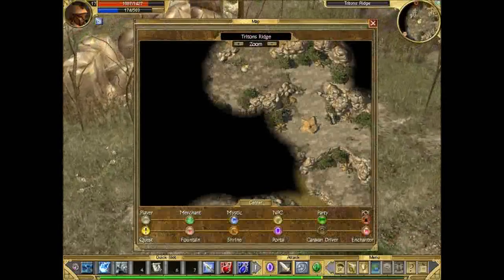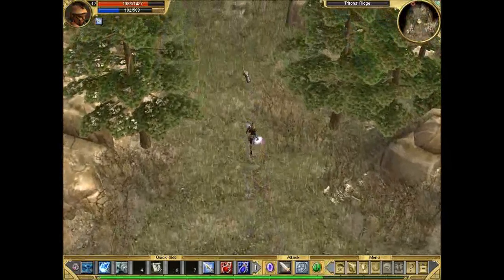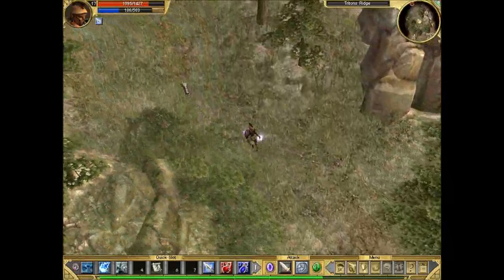Alright, it's just this way. If you notice already on the map, there's an indicator showing a cave entrance. Well, it's actually a crypt, but...